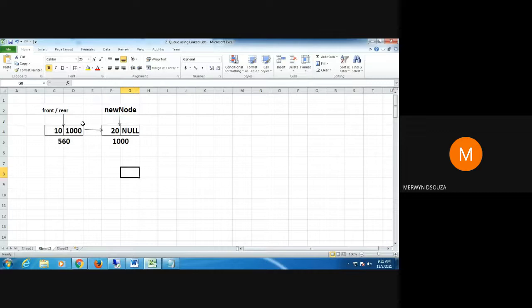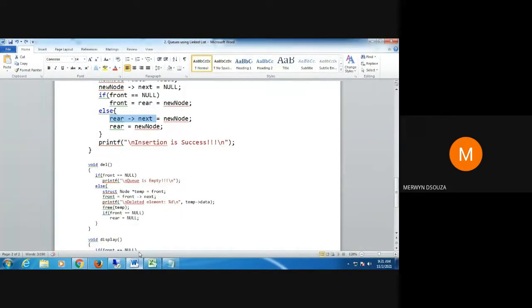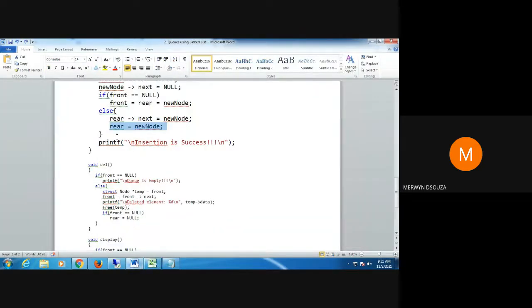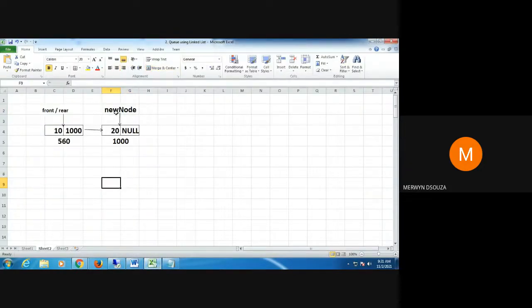After you form the link, what do you need to do? You need to shift the rear pointer to the last node. The last node is currently pointed to by new node. So you will have rear point to the last node by doing this programming: rear equal to new node. You will say rear equal to new node and you will get rear pointing here.